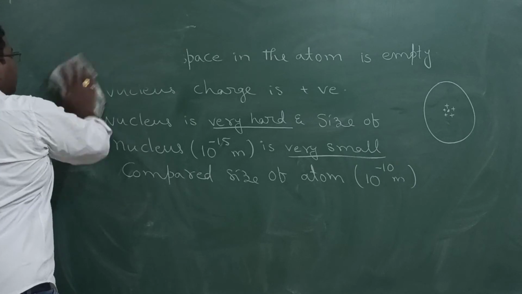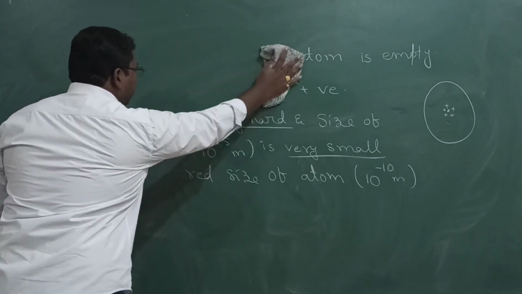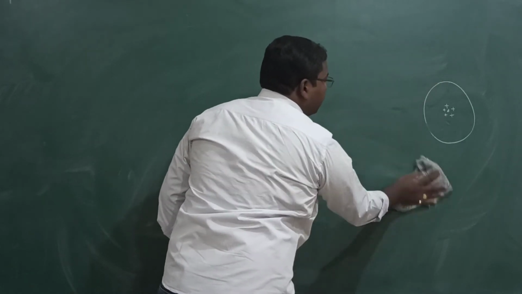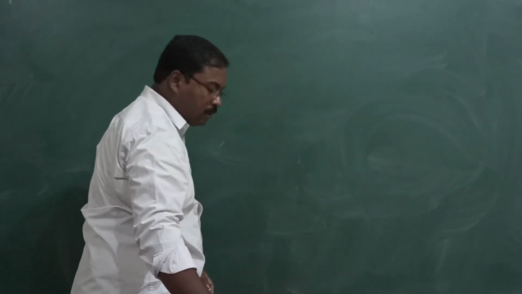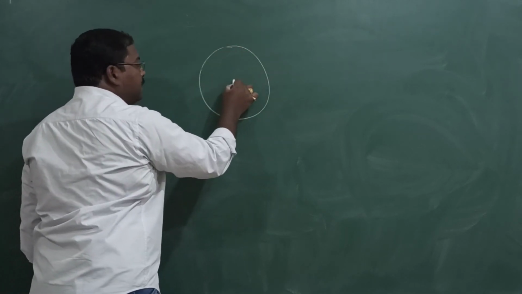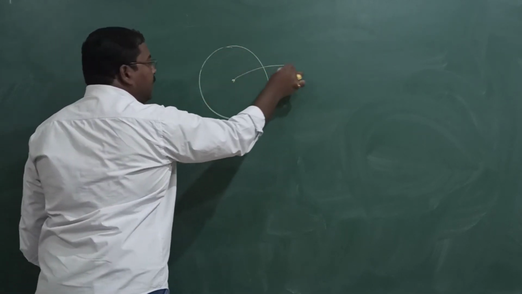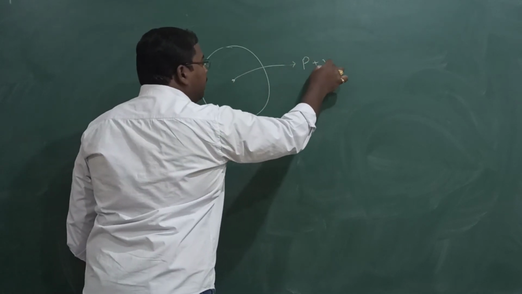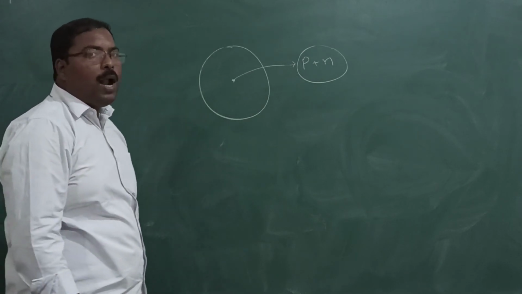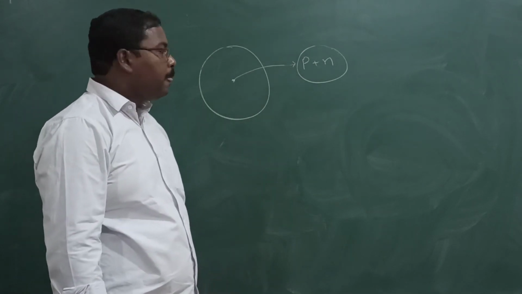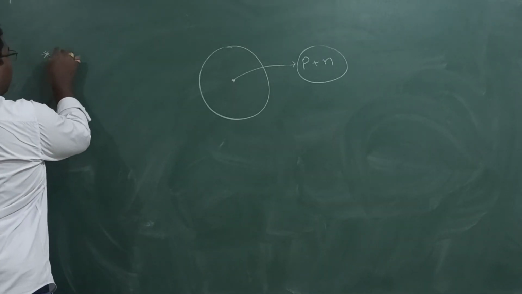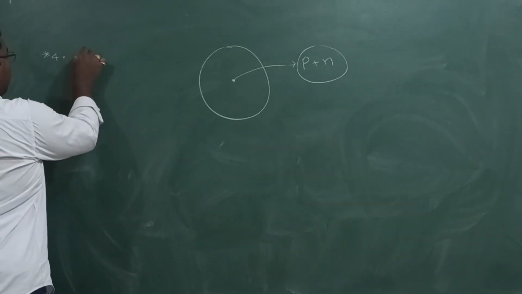Now from these conclusions, we can give the structure of the atom. We know the atom is spherical. The nucleus is at the center. The nucleus contains protons and neutrons. Then our immediate question is, what about electrons? Rutherford gave the fourth conclusion, that is,